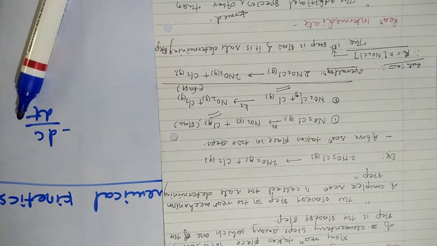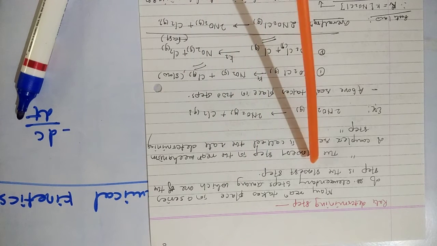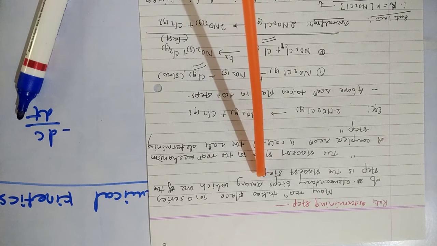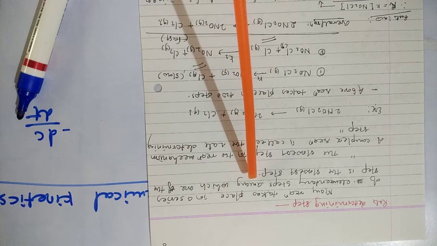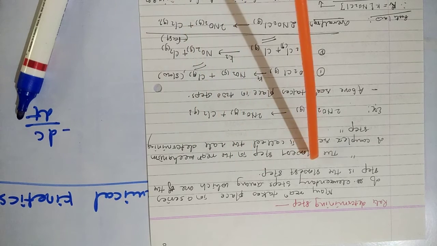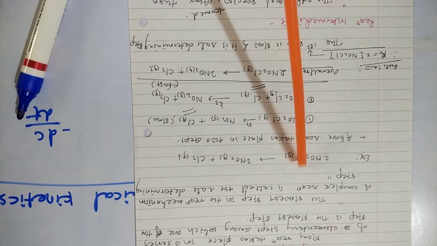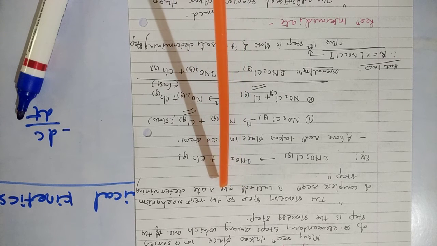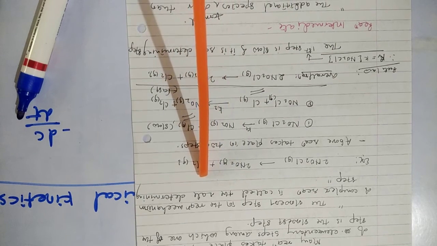Now let us see what the rate determining step is in chemical kinetics. Many reactions take place in a series of elementary steps. Okay, that means those which are called complex reactions. Many reactions, that is complex reactions, take place in a series of elementary steps, among which one of the steps is the slowest step, which is called the rate determining step. Now the slowest step in the reaction mechanism of a complex reaction is called the rate determining step.